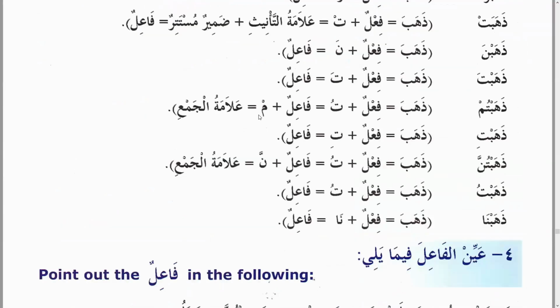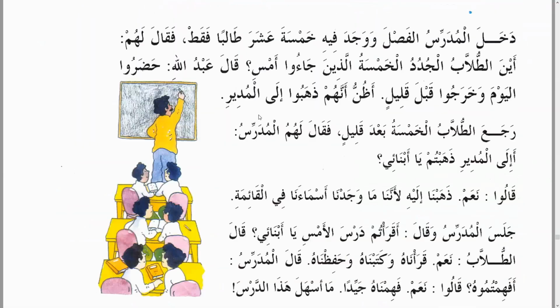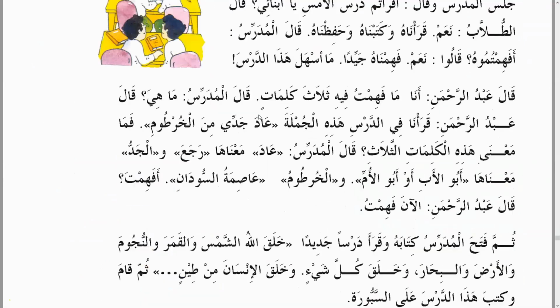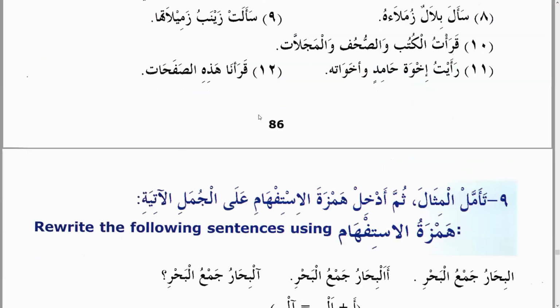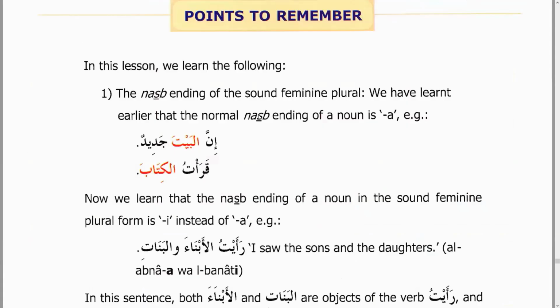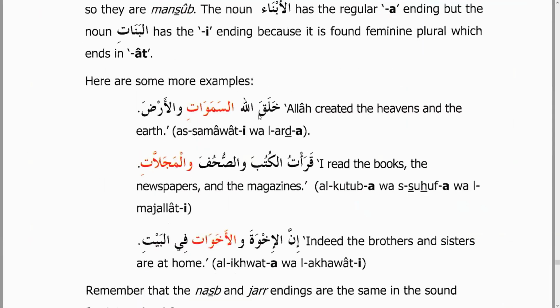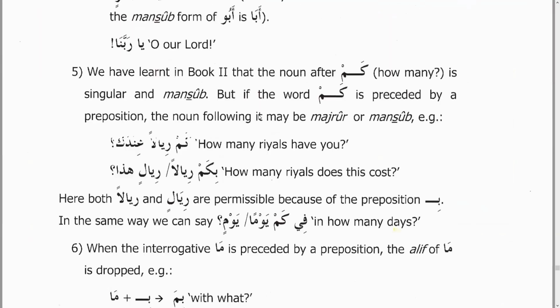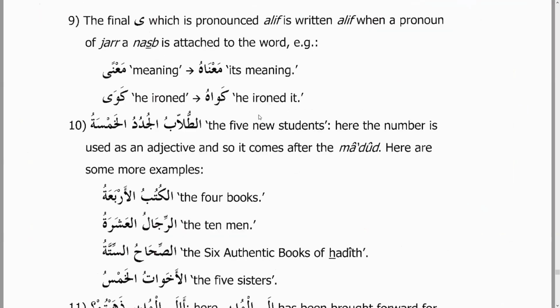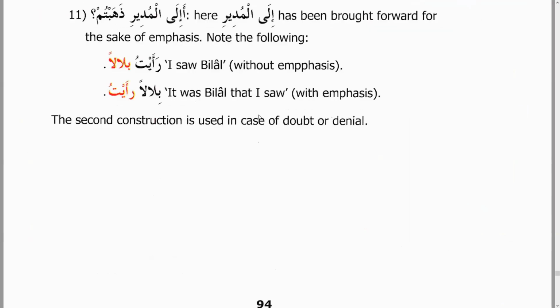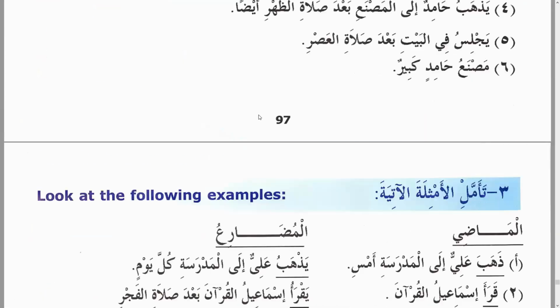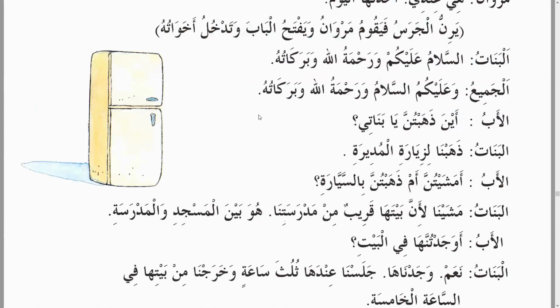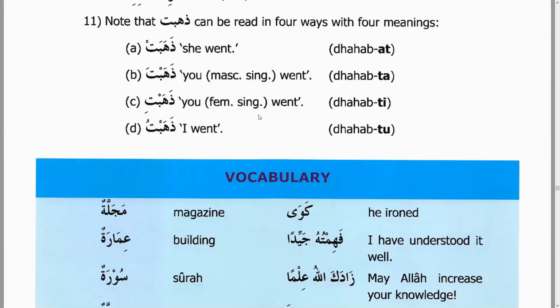Lesson 8. Lesson 9 onward, we'll have fail mudare. I forgot. No, even lesson 9 is not fail mudare. Some other rules he's teaching about come and lima and so on. Okay, very good. Lesson 10 is where we begin mudare. So a lot of lessons where he revises all fail madi so that we are clear about fail madi.